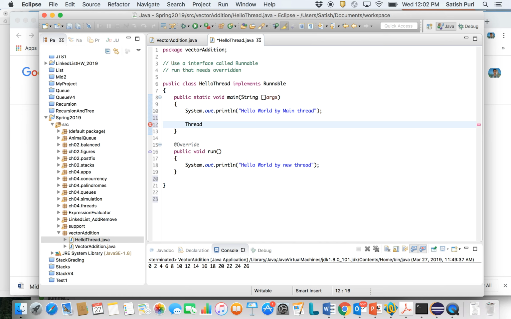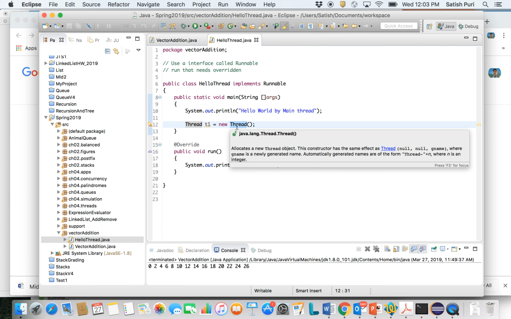So let's say Thread t1 is equal to new Thread, and in the constructor you have to pass a Runnable object. Okay, so that's how you attach the Runnable object